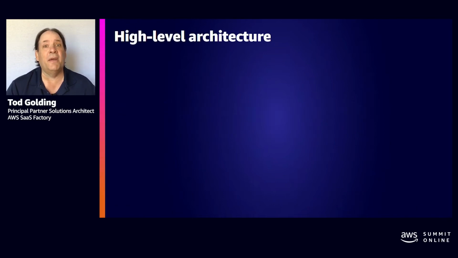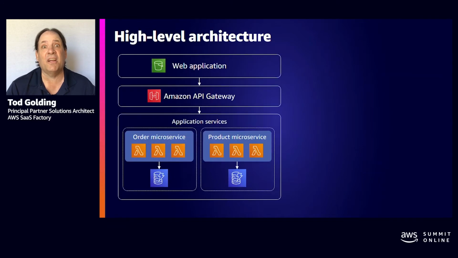So let's start here by looking at the serverless SaaS high-level architecture. And when you look at this architecture, if you've looked at any serverless web application architecture, it looks very much like this, right? We've got a web application running in a bucket on the outer edge. It's coming through an API gateway, and then it's interacting with some microservices, and those microservices might be interacting with storage.